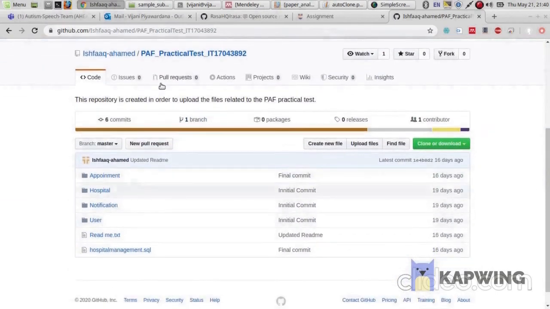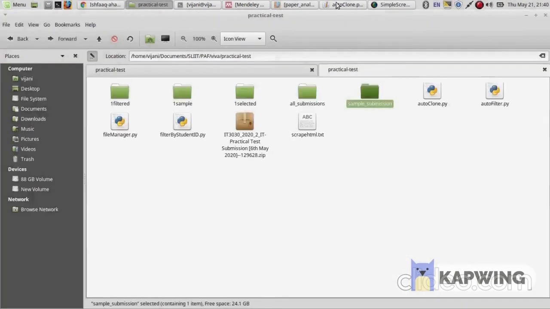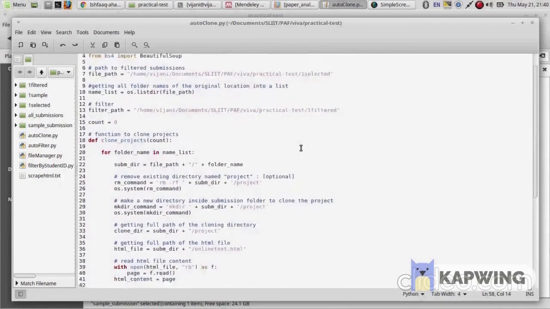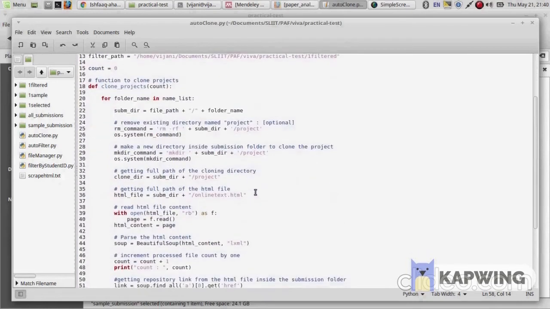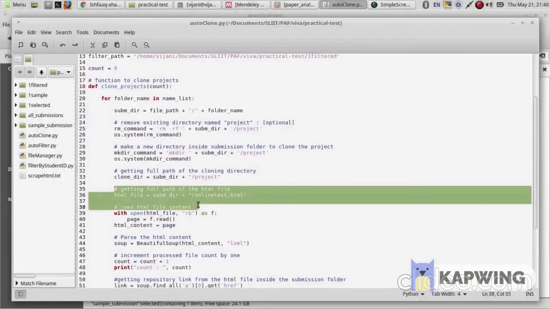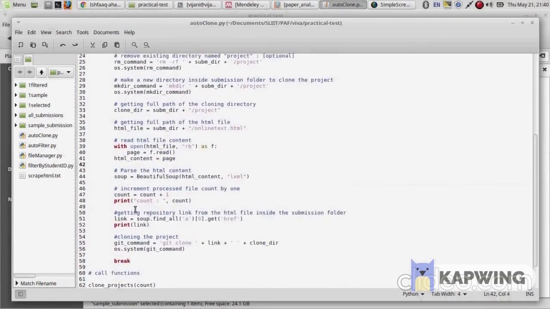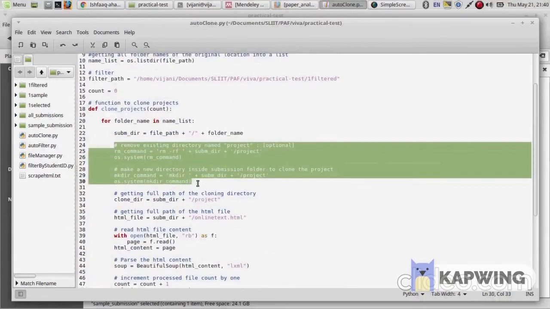As a solution for this, I created a Python code to access each and every submission. Then its HTML file contains the GitHub URL. The code parses the HTML file to filter out the URL, and it will generate a new folder named project inside each student submission folder, into which the relevant project is going to be cloned.